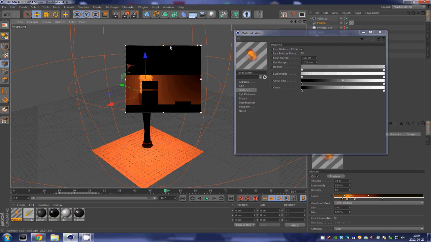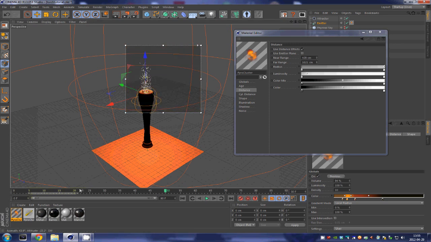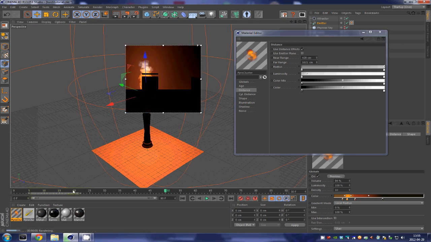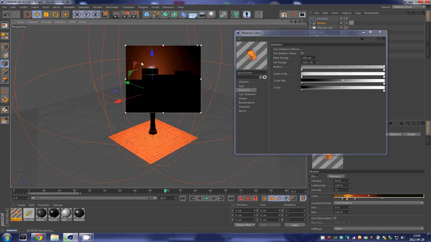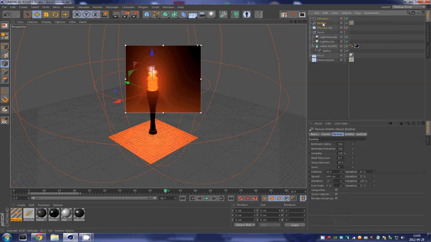Alright, here we go. I think that fire looks really good, looks really special at the moment. It looks a bit cartoony, but I really like the result. It looks a bit puffy, but yeah. As you can see, the lighting of that torch is really good as well. And what's cool about that is that if you move it around, if you take the whole torch,